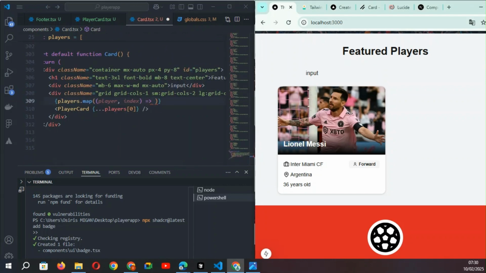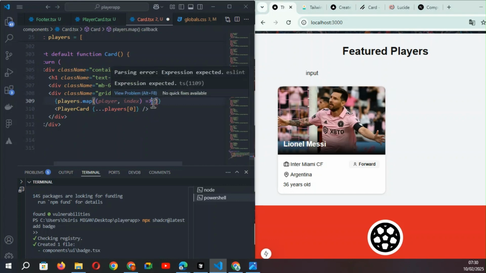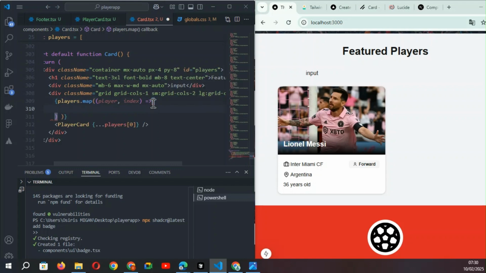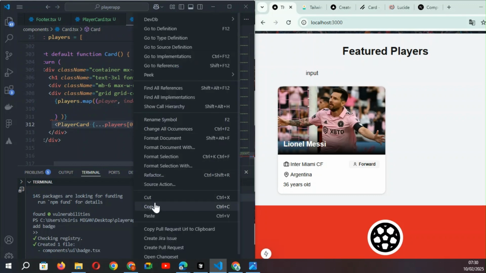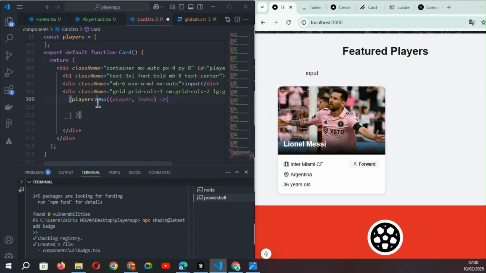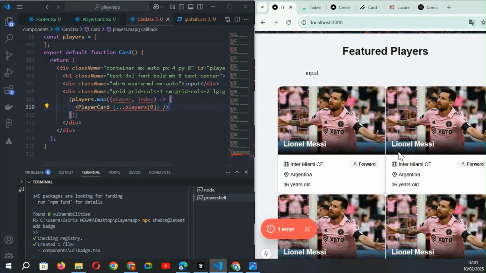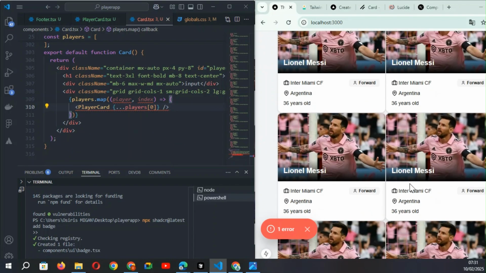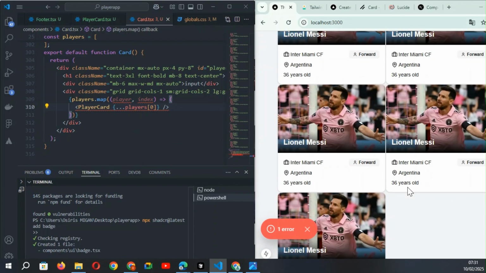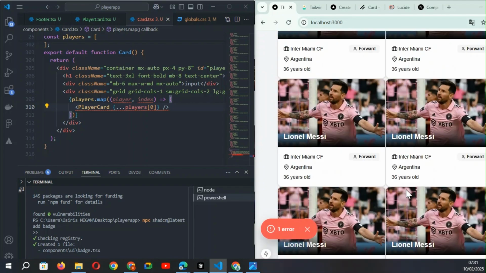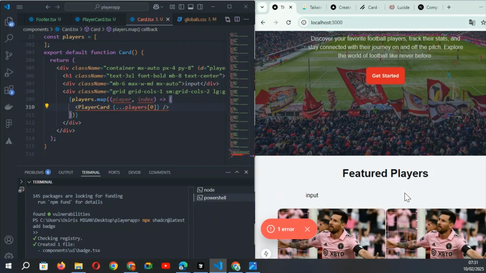So I can specify, okay, and here I can paste. Okay, so we have the same